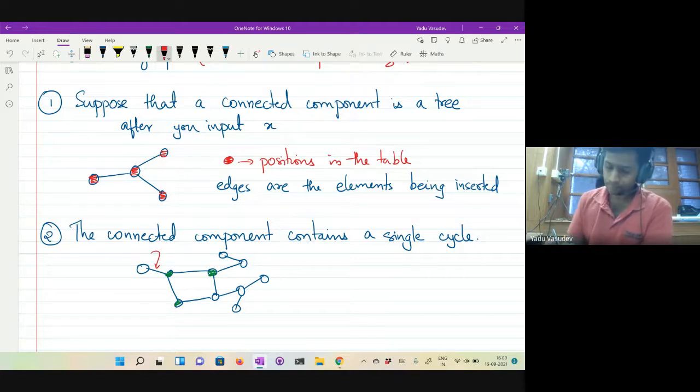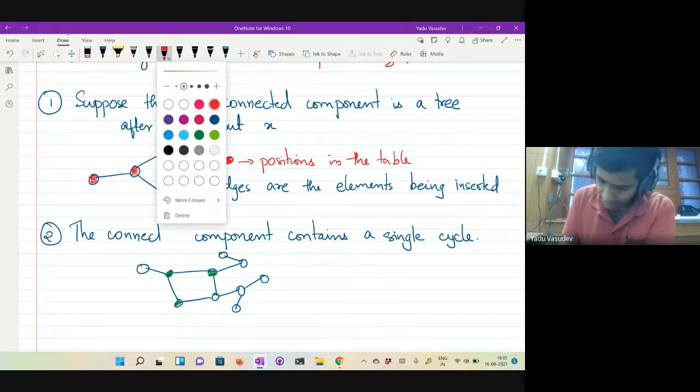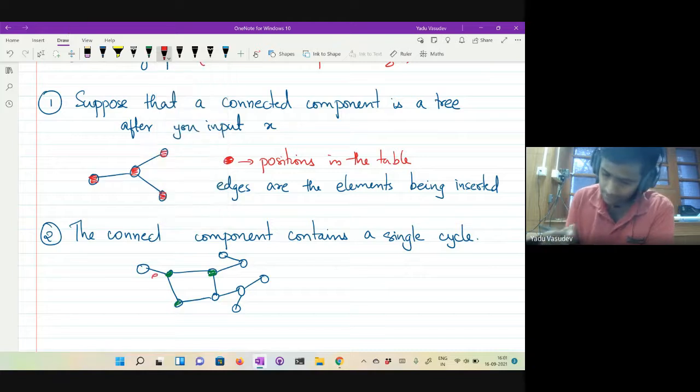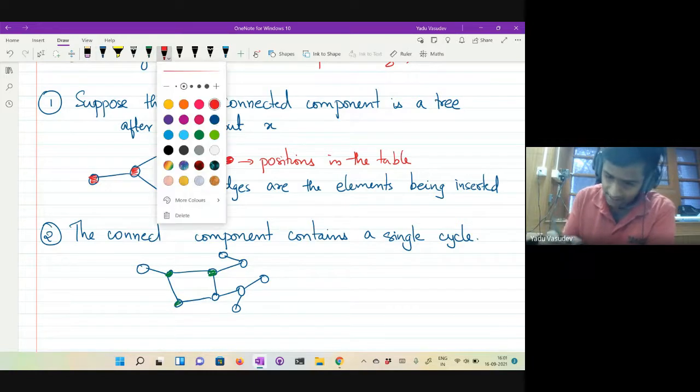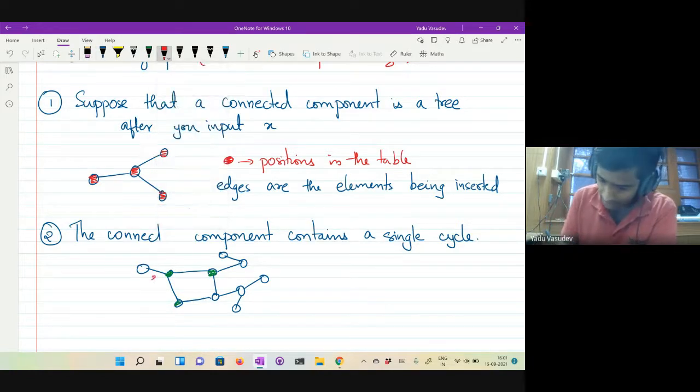Say this edge corresponds to the element X. If X is sitting in here, I can direct this arrow outside.